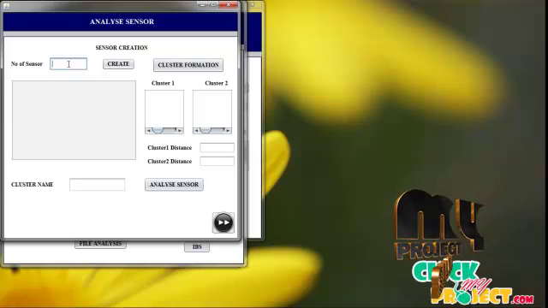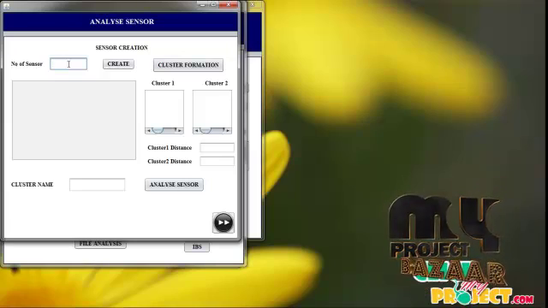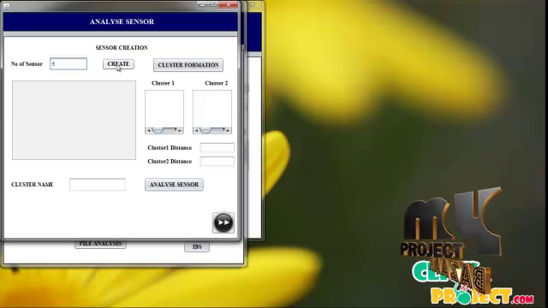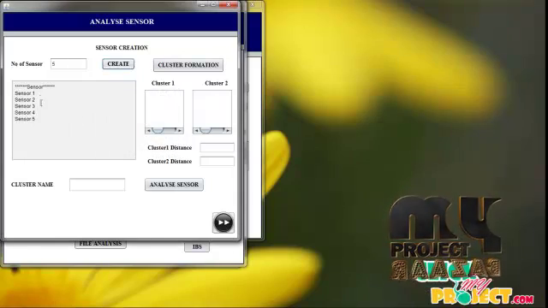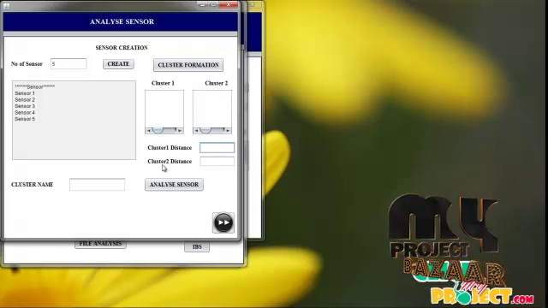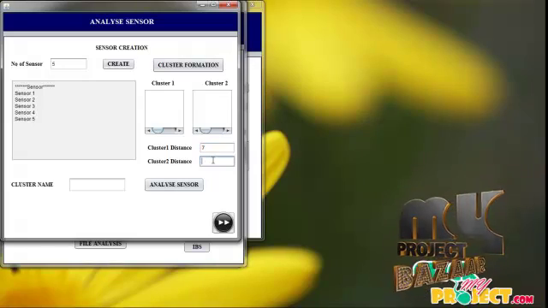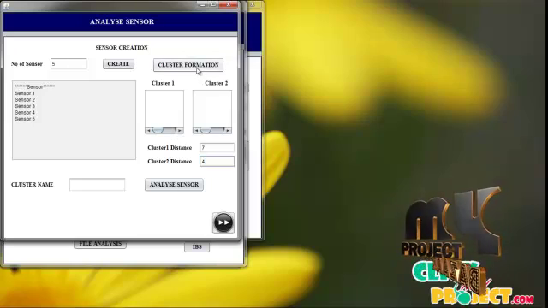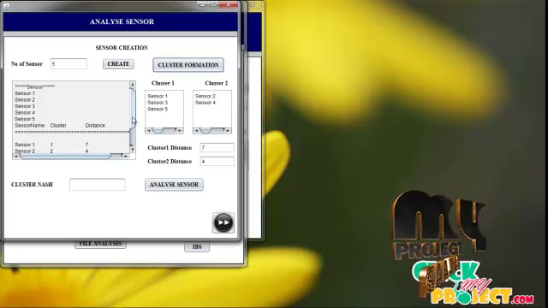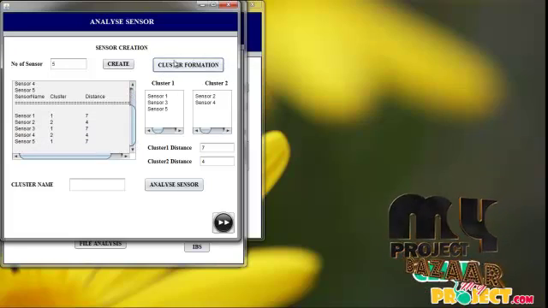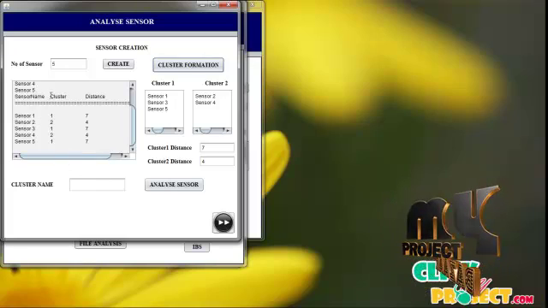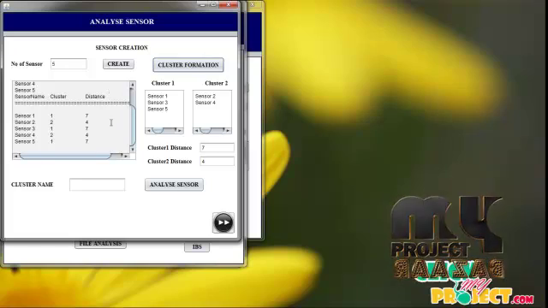Now we have to create the sensor node, the cluster based sensor node, and click create. The sensor node is successfully created, and then we have to click send cluster 1 distance and cluster 2 distance, and click cluster formation. The original sensors will go into cluster 1 and cluster 2 based on the cluster formation, based on distance. Then the sensor name, cluster and distance will be printed in these